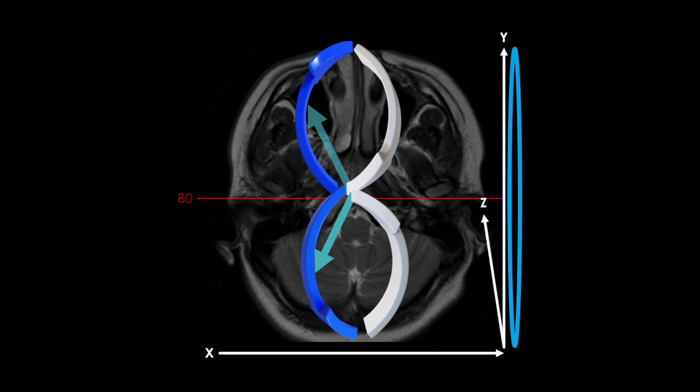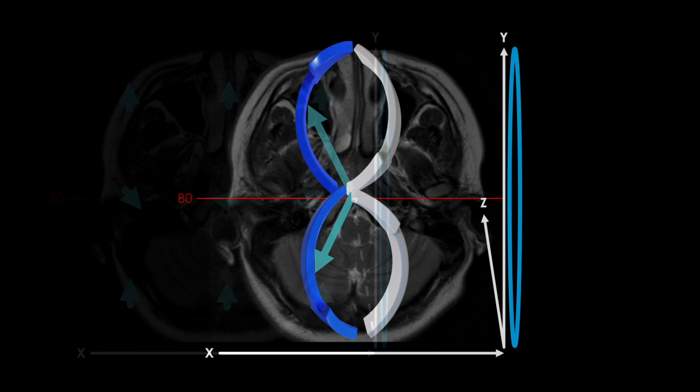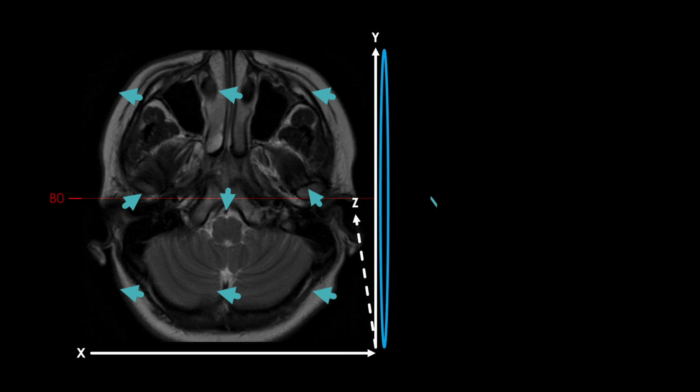If you curl your hand in the direction of rotation on the top example, notice that your thumb points into the screen. Then do it on the bottom example after the flip, and notice how your thumb now points out of the screen. So by giving a second RF pulse with a large enough flip angle to invert our spins into the opposite half of the XY plane, we're able to reverse the direction of rotation of each spin, and